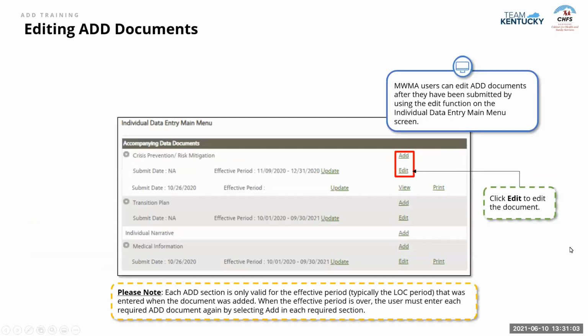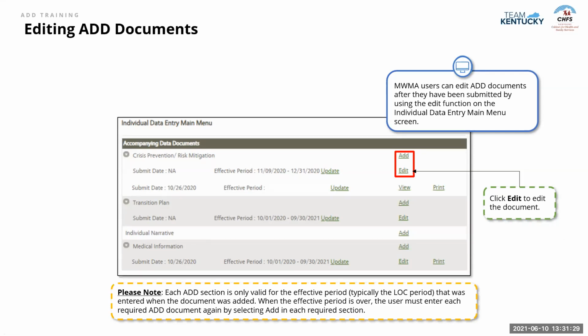Next, we'll look at the editing ADD documents functionality as well as the add documents functionality. Users are able to edit specific accompanying data and documents that have been previously entered after they have been submitted by using this function. This is on that individual data entry main menu screen. So once the document has been submitted, you use this edit button to go back and change any information that